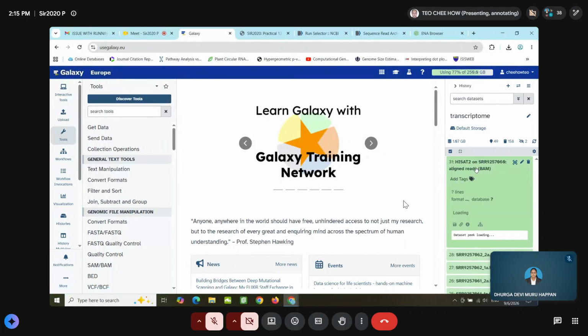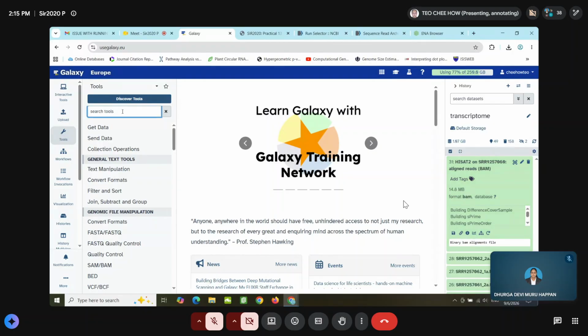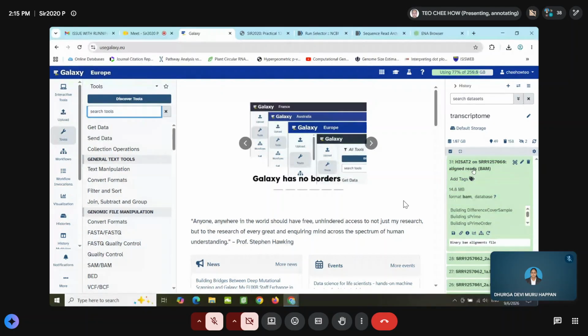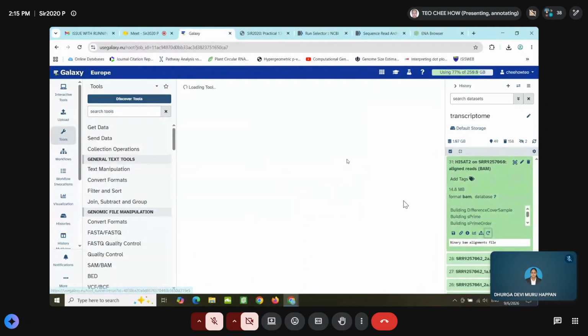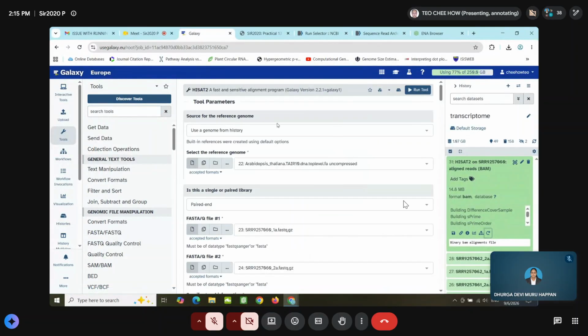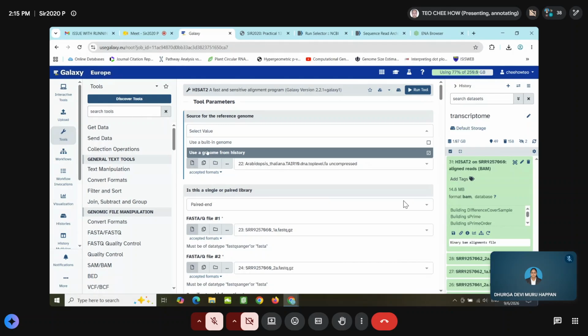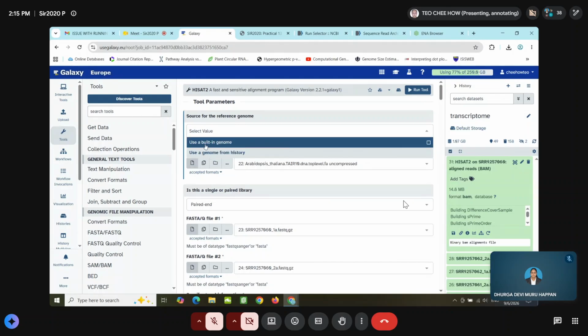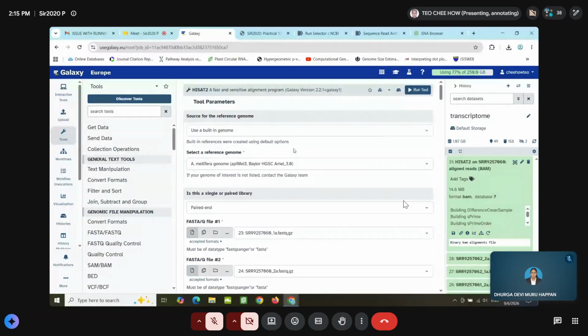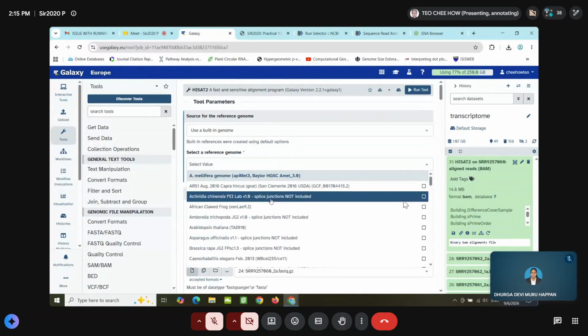When you type here in the search tool for HISAT2, it will appear here. In here, there are two ways of doing that. You can either choose the built-in genome library. Let's say it's already built in here. You see whether you can find Arabidopsis.